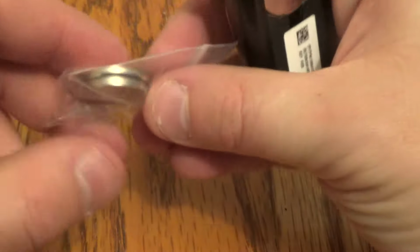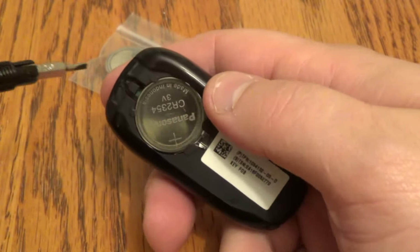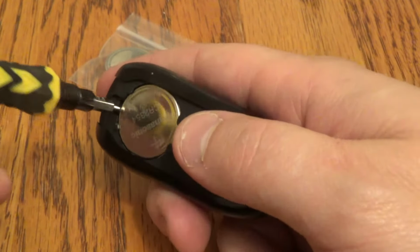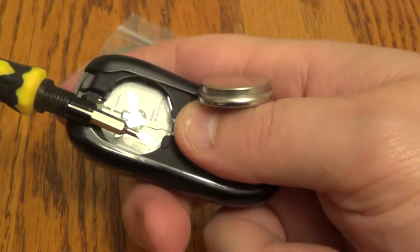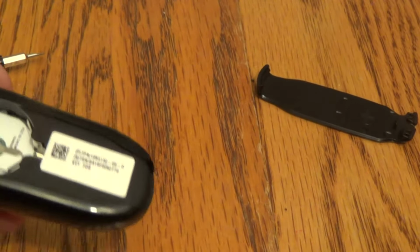Now these batteries are kind of thick, so maybe a little bit more difficult to get out, but there's a little ridge here. Kind of push up against that. And there you go. Okay, so take out your old battery, put your new one in,